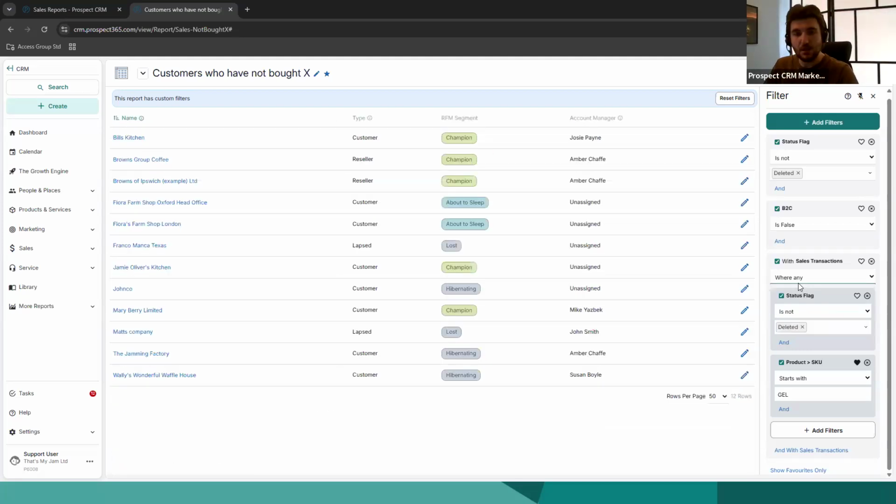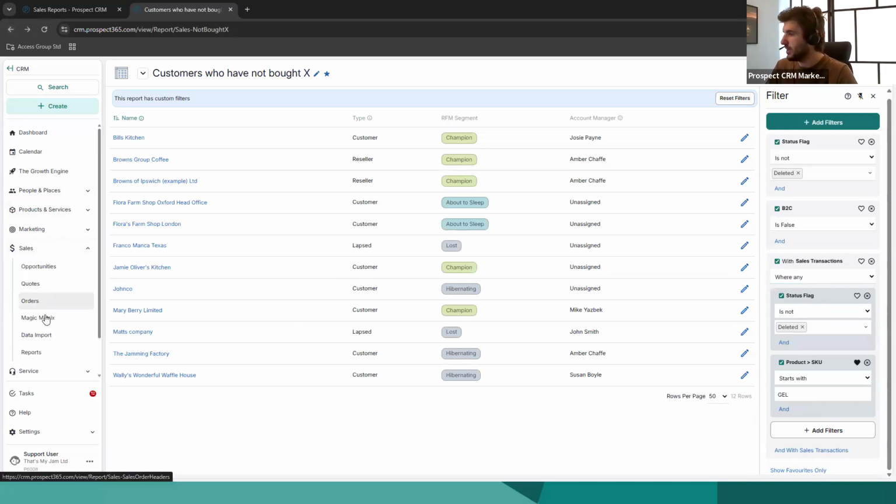Now we're looking at where any sales transaction for this company, this customer, does include this product. So these are that list of customers who have bought this gelatin product, for example. There's another core one that I think is quite useful, which we can take a very quick look at